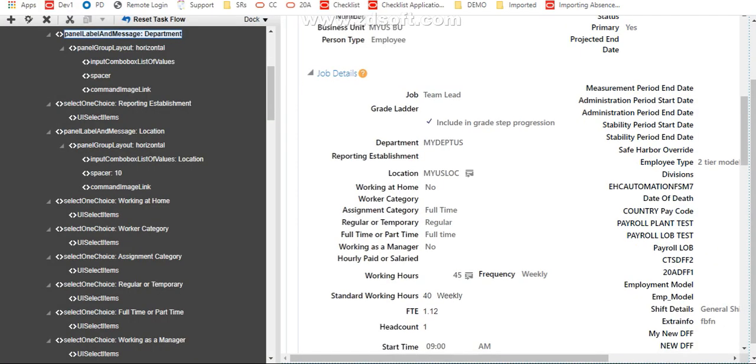Once you do this, you can see that it was renamed as department instead of organization. Earlier we had seen there was a star mark. Now the star mark is removed, which means it has become non-mandatory. And if you want to hide this reporting establishment,